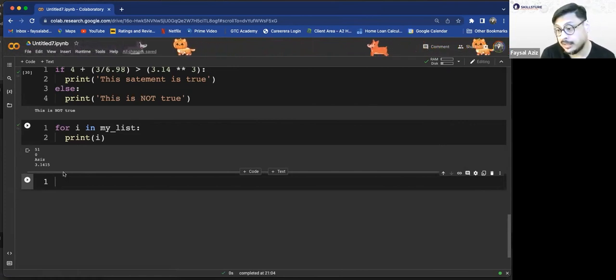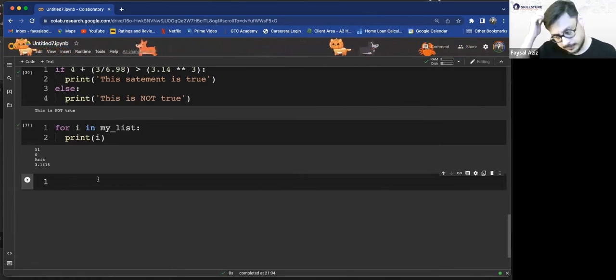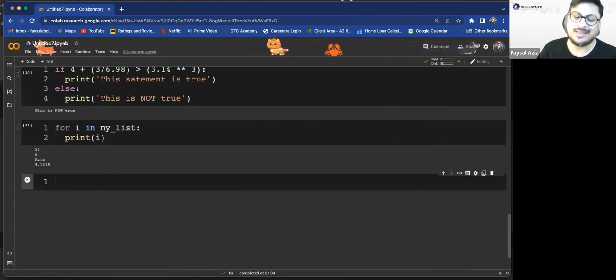There are other loops like the while loop, but we're not going to go into it. We could do the same thing with a while loop, but we don't use it that often. And since this is not a Python programming course, I'm not going to go into it.